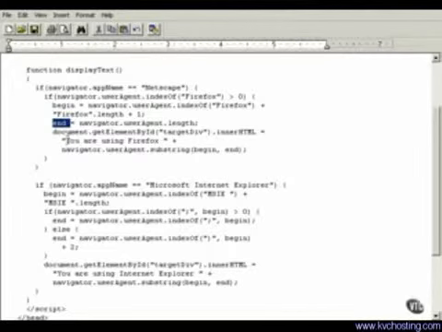You're using Firefox, which you determine by searching for Firefox, and then you extract the version number